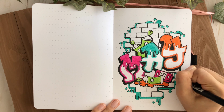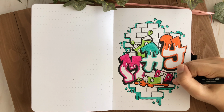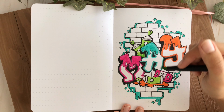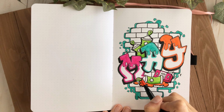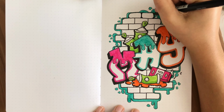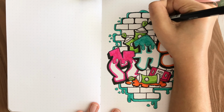The last step of this page is going to be making the bricks look more brick-like, which makes no sense when I say it that way, but basically all the bricks just kind of look like squares, and I really wanted them to pop out onto the page. And so what I'm going to be doing is adding little curvy lines around each of the individual bricks to make them more of a rounded shape, and also make the lines in between the bricks, which is essentially the cement if it was a real wall,